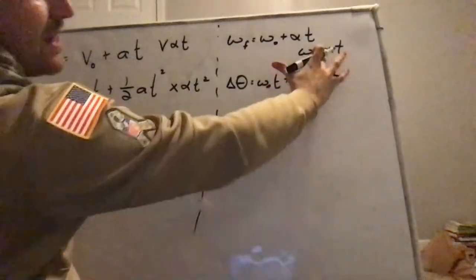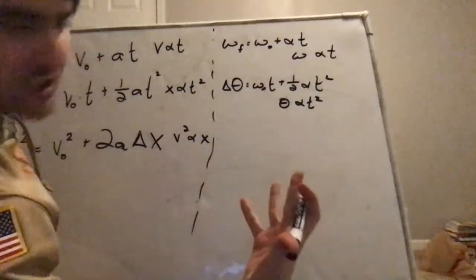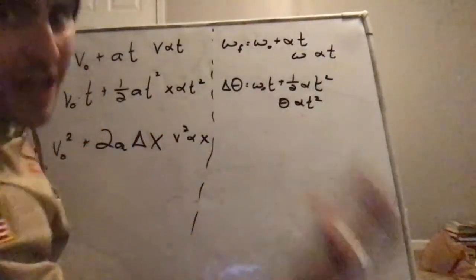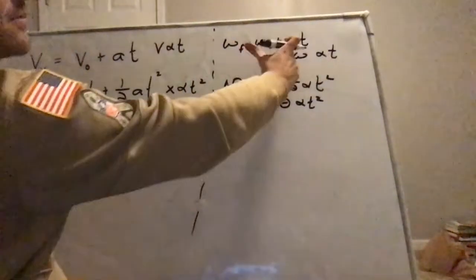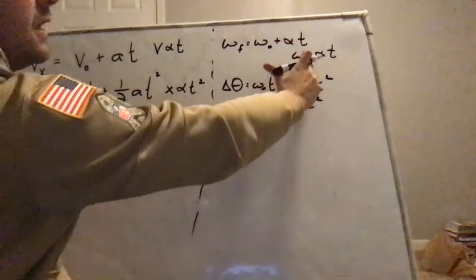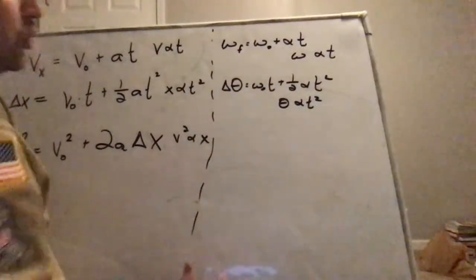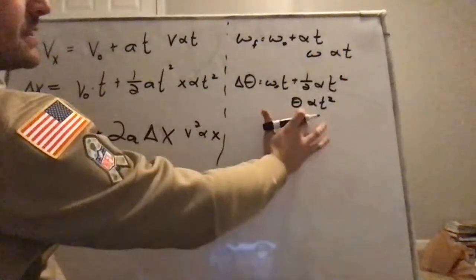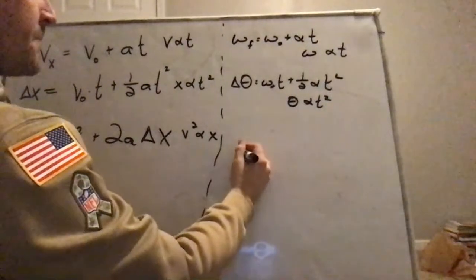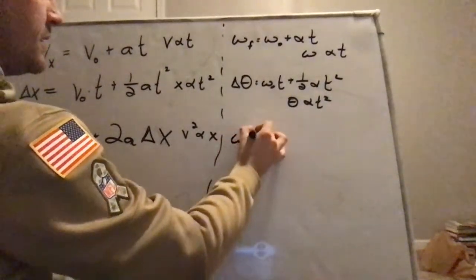Don't get confused. These are not alphas. I call them Jesus fishes in my class, and I call acceleration alpha to distinguish between when I'm talking about the variable alpha and the symbol for proportional to. All right, these are proportionality statements. These are our equations. The last equation we said was